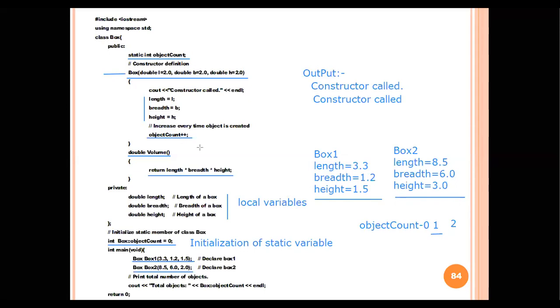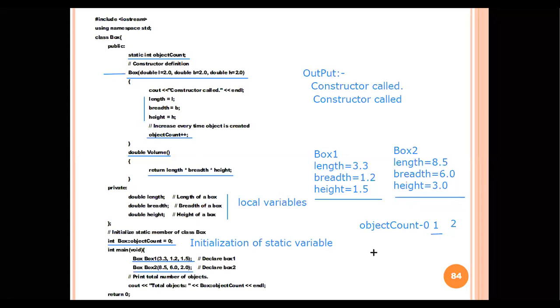So for each and every object, all the data members and all the member functions are created.